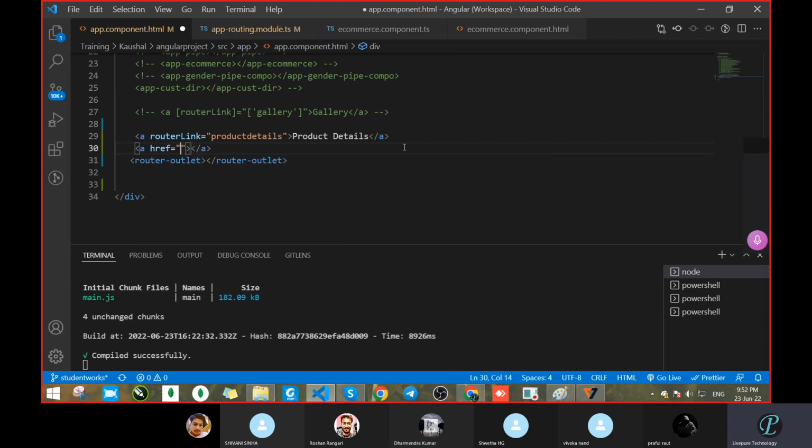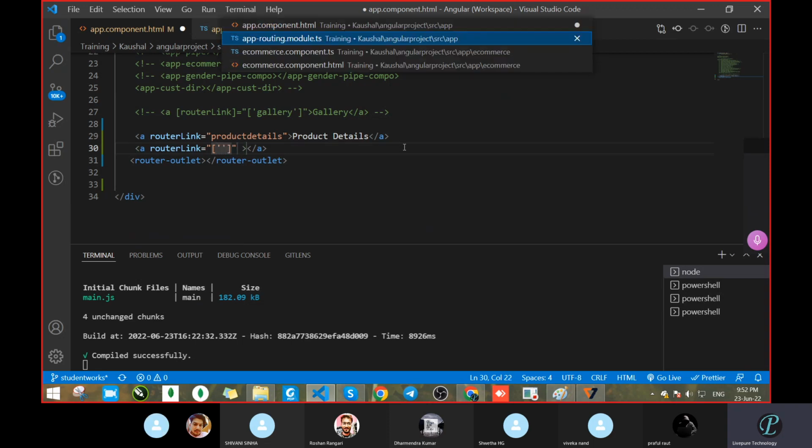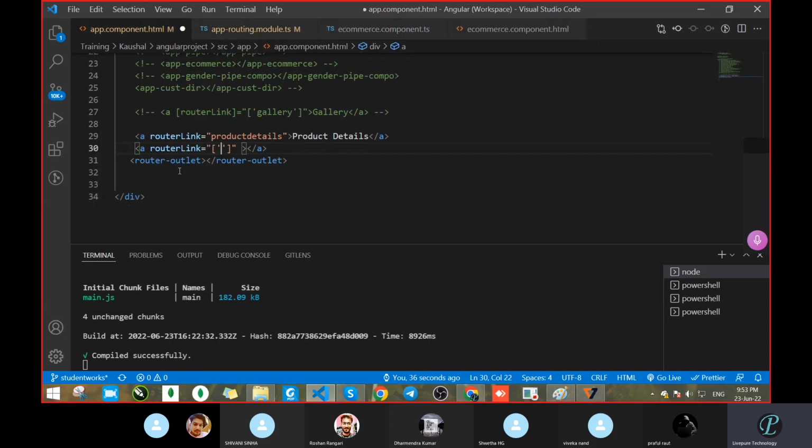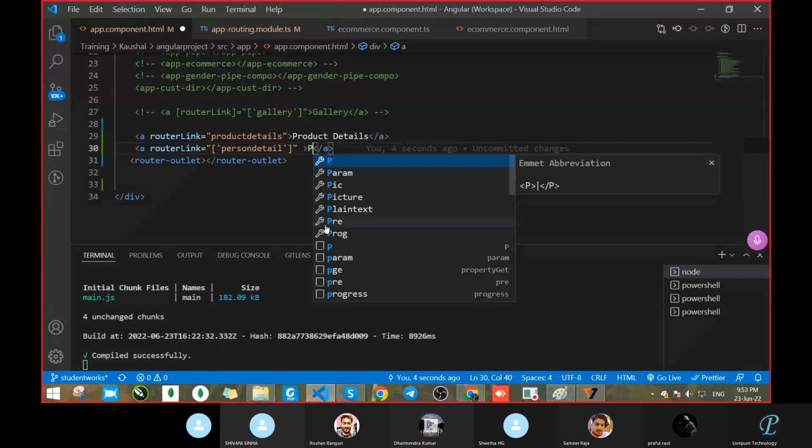We can take that anchor tag, remove this href and pass routerLink here, and remove this router name, and now pass the square brackets here, and inside give a single quote. We are taking person detail, taking this path and passing it in the router link